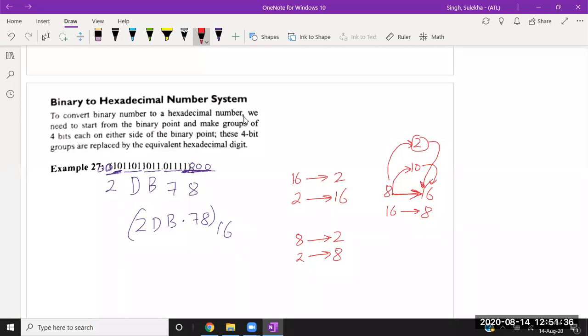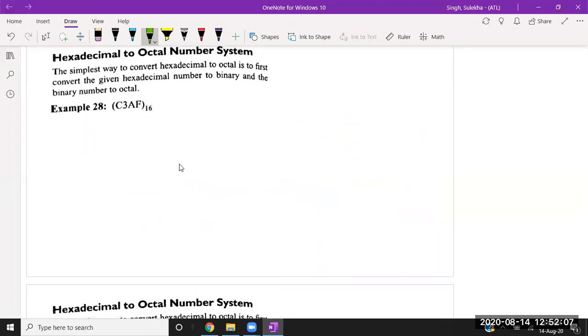Okay, so this path, conversion of base 8 to base 2 then base 16, is much easier than conversion of base 8 into base 10 then base 16. So whenever there is any problem of conversion of base 8 into base 16, follow this path. Convert base 8 into base 2, then base 2 into base 16. It will be much easier. Okay, if you understand this, convert this number. This is the problem for conversion of hexadecimal into the octal number system.